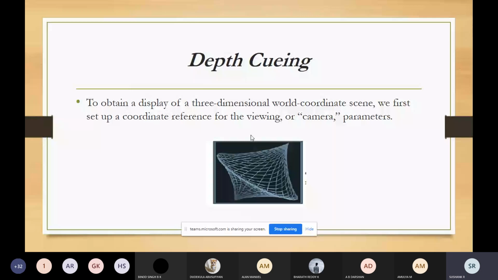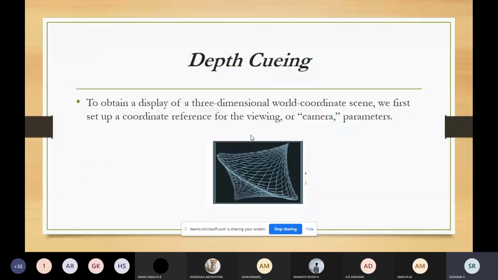So this is the example. If I'm trying to view this image from the top right side, the lines closest to my viewing position will have a very high intensity, and the lines far away from the viewing position will have lower intensity, reduced gradually.